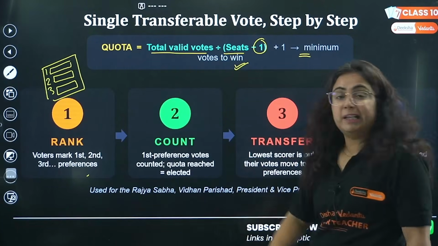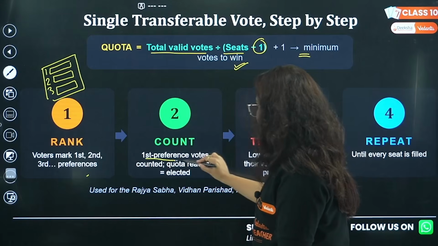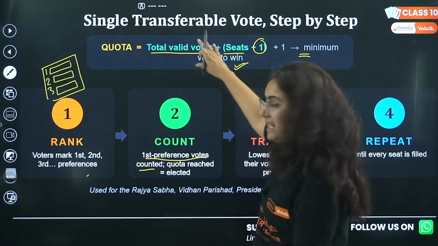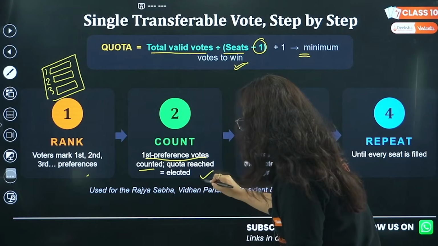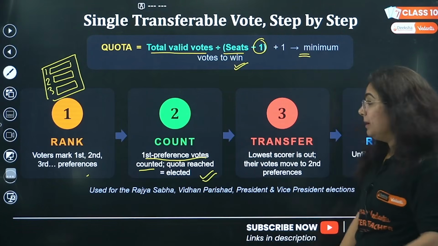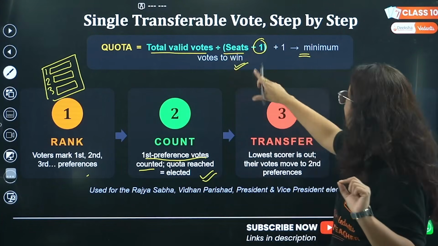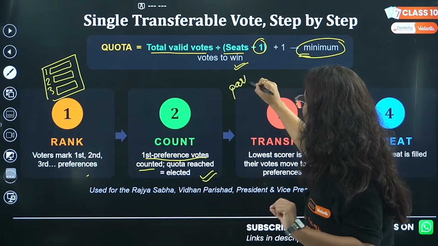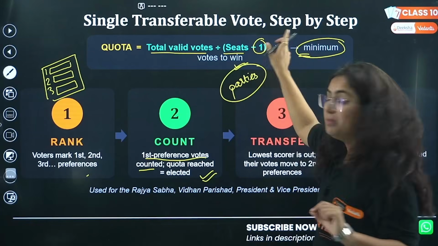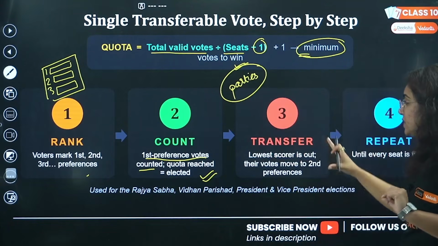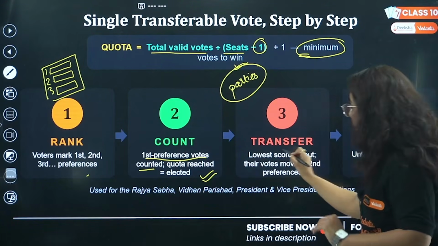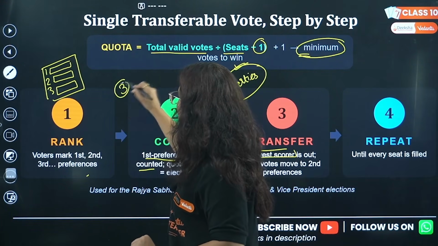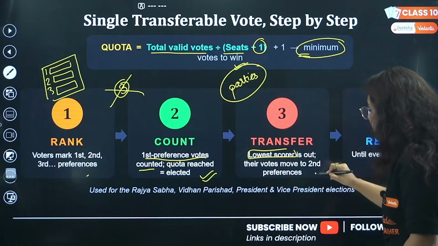Then counting will be done. First preference votes are counted. If the quota is reached, whichever the quota is decided for the seats, then the person will be elected. But beta, if this quota is not reached, the parties do not get this minimum votes to win, then we will transfer the vote. Whoever gets the lowest score, for example there is a party who got the lowest score, this will be removed and his votes will be transferred